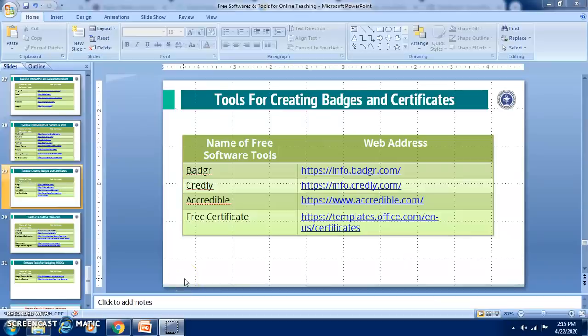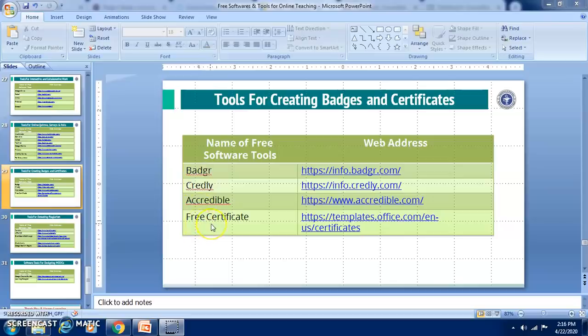Dear teachers, students will be very happy to have badges and certificates once they achieve something, some ranks in the class. So let's see the tools for creating badges and certificates. Badger, Credly, Accredible: these are the 3 sites which can issue badges, but badges need to be created by you.